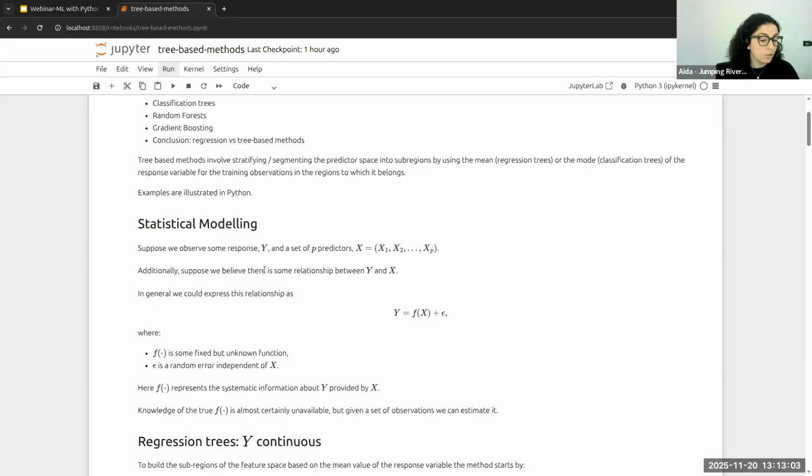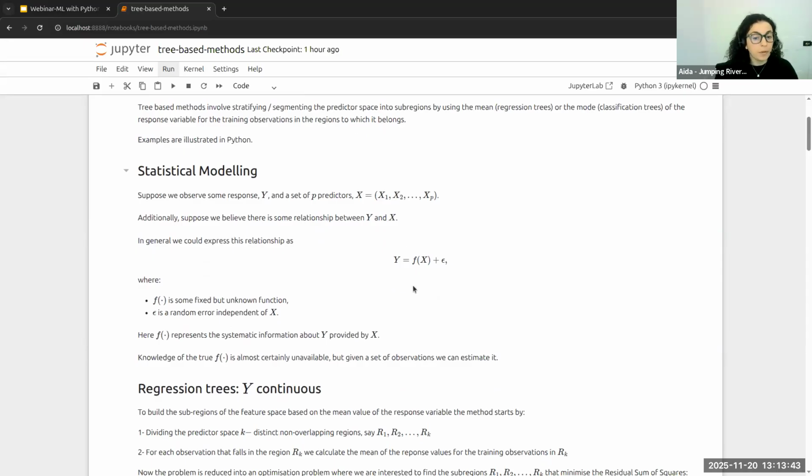So I assume that hopefully there is some relationship between this set of variables, the predictor space, and the response variable. And I'm going to summarize this as a function. So I'm going to build a mapping between y, the response variable, and the set of variables that are my independent variables. And I include some error term because this mapping is not perfect enough to match everything, so I have to allow myself to have this error term. Then we have some assumptions on that error term and so on. So this is the idea when we perform a regression modeling technique.